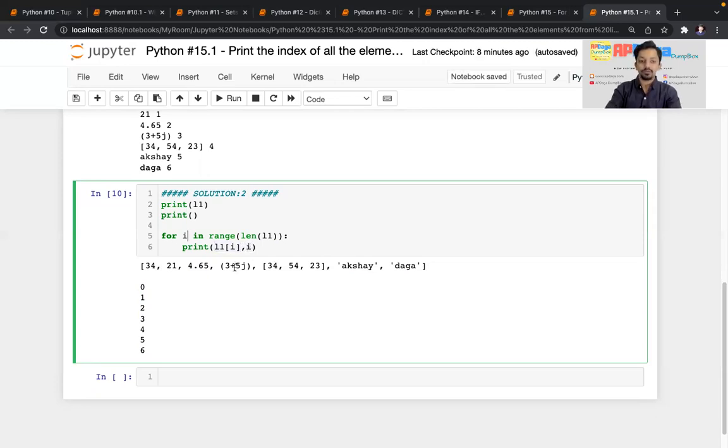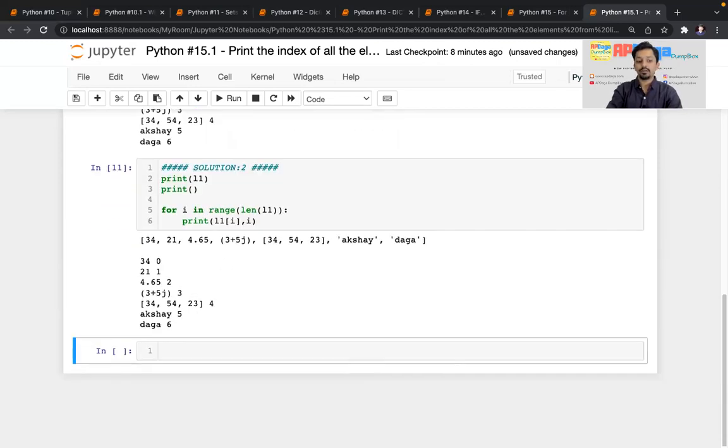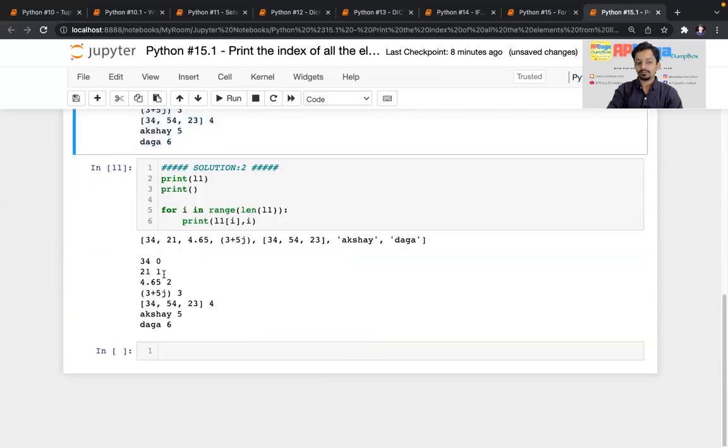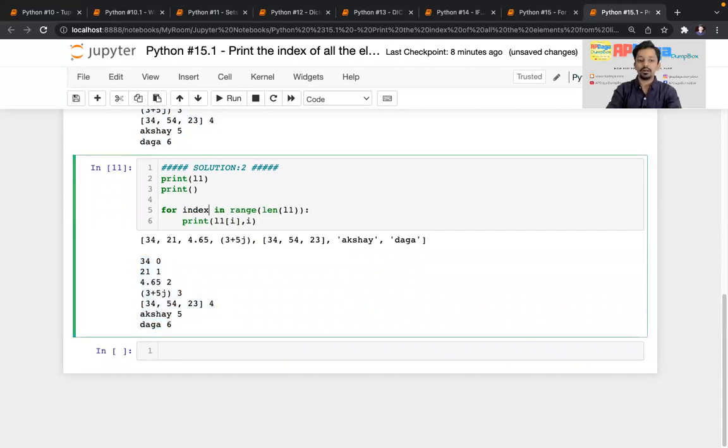So instead of I, if I write index here for ease of understanding, first of all, I'll execute this, you will get the idea. Again, I got exactly the same output which I got earlier, right? Same output. So for ease of understanding, what I'll write, index,